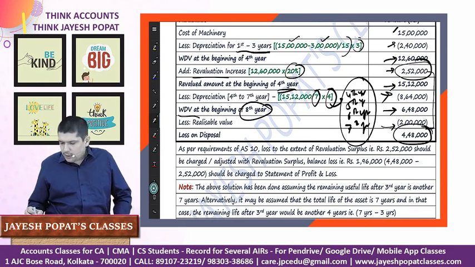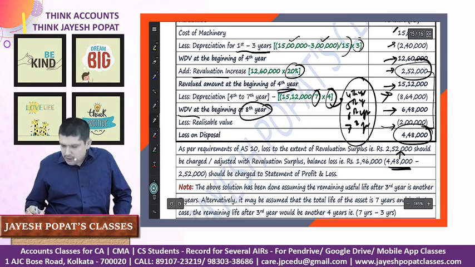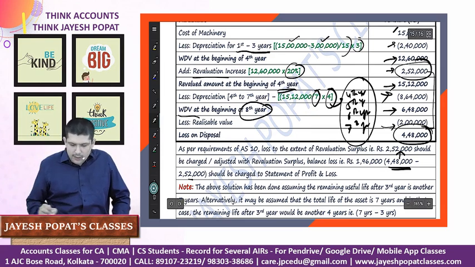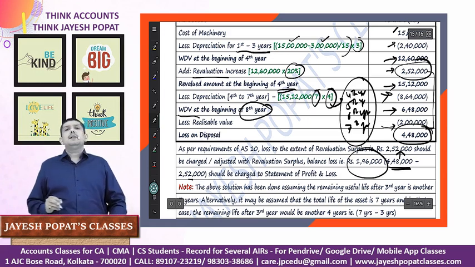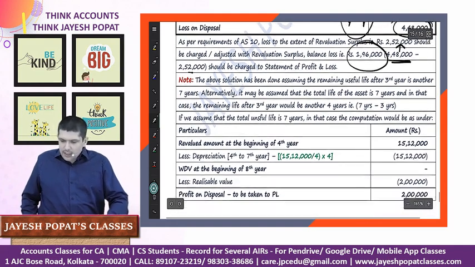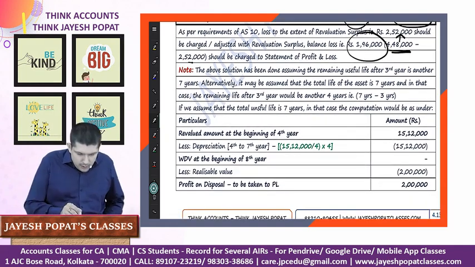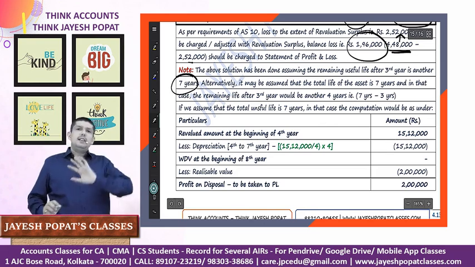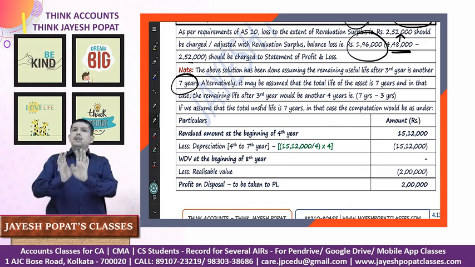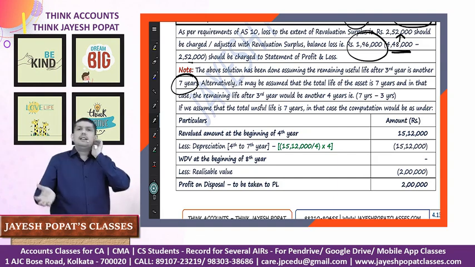So, 448. Out of 448, to the extent of revaluation surplus, we will debit our revaluation surplus, and the balance, which is 448 minus 252 of revaluation surplus, 196, will be taken to statement of profit and loss as a loss, right? Then, if we assume that the total useful life of the machinery is 7 years, 3 years we have used, right? The total life is 7 years, so now it can be used for the remaining 4 years only, which is the 4th year, 5th year, 6th year, 7th year, and in the 8th year we are disposing of